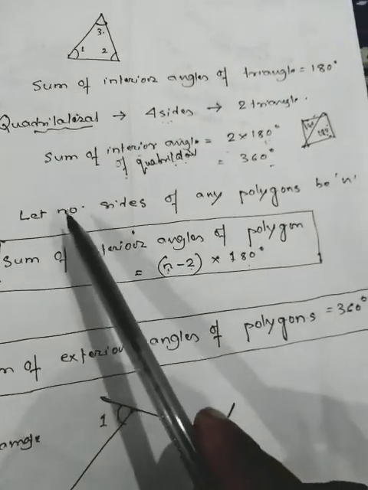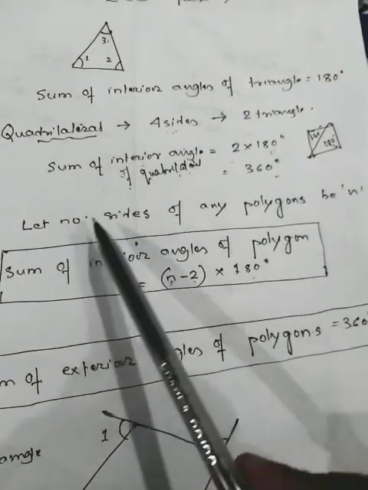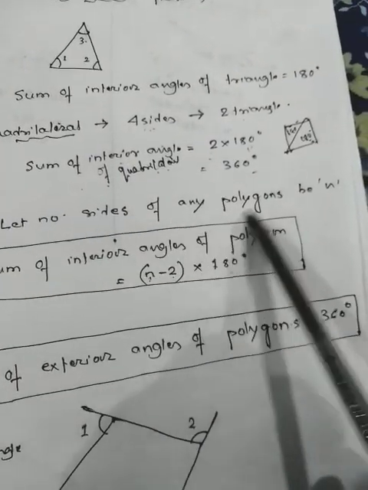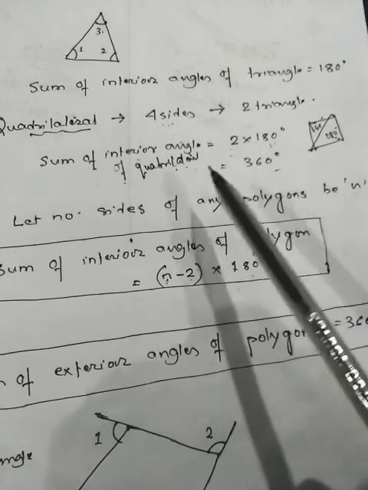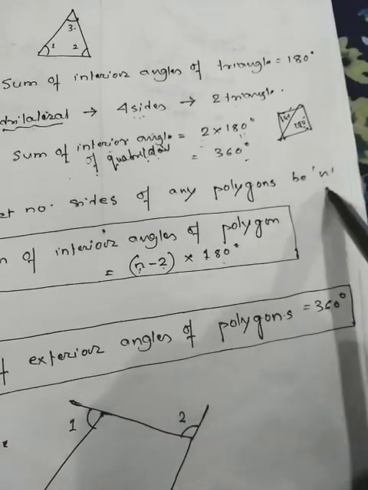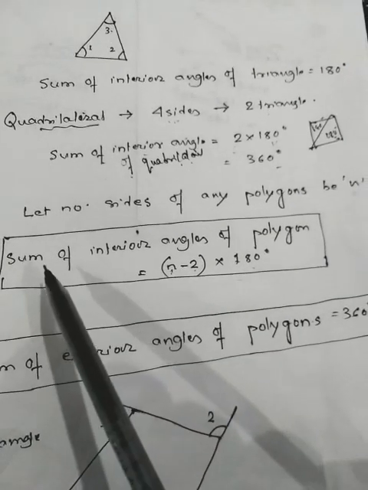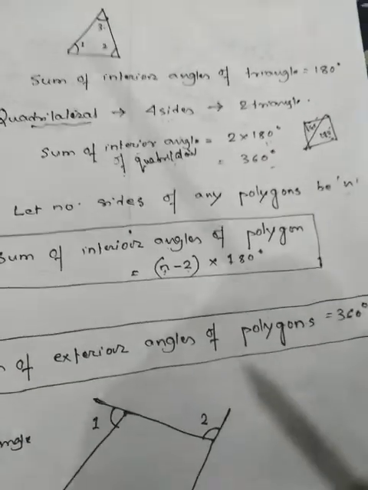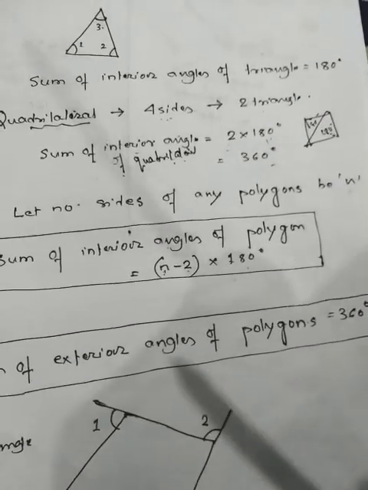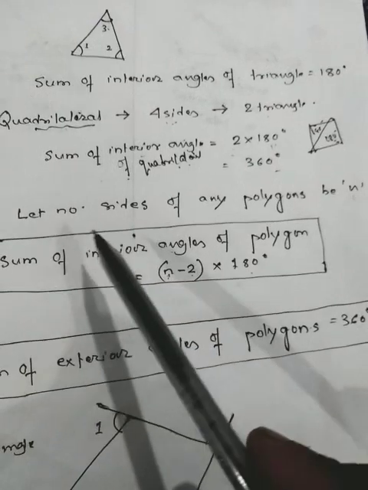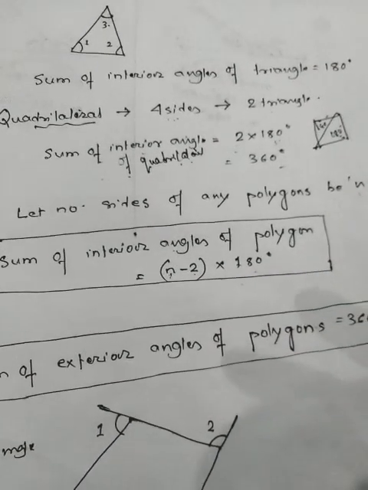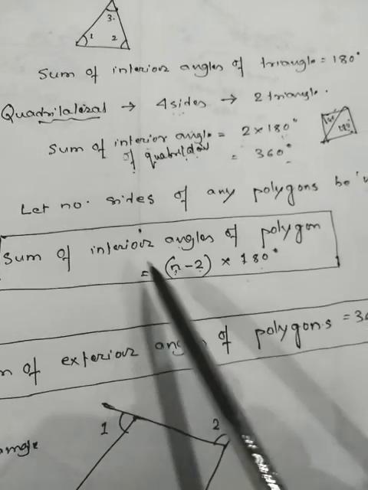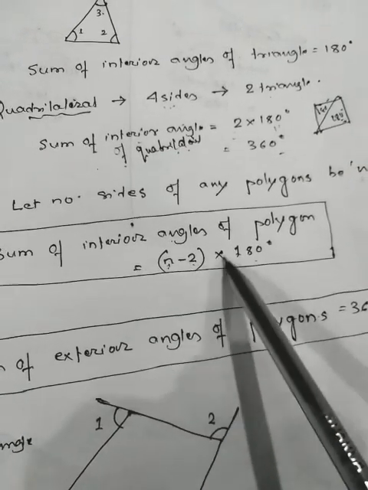So you see, we'll consider a polygon. Let the number of sides of a polygon be n. Suppose any polygon, it doesn't matter how many sides it is carrying. So how to find the sum of the interior angles of any polygon? Doesn't matter how many sides it is carrying, but if they have asked to find the interior angles of an 11-sided figure, now you can find it out. How? The formula is (n minus 2) into 180 degrees.